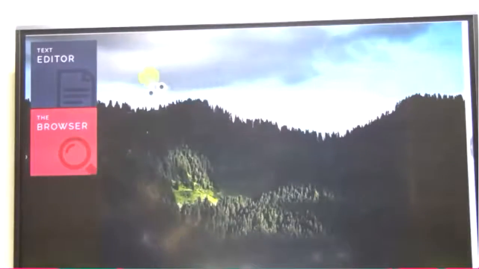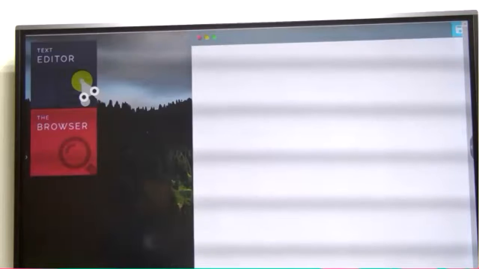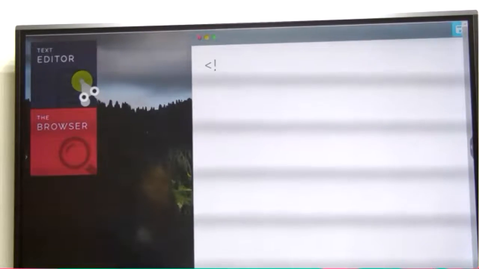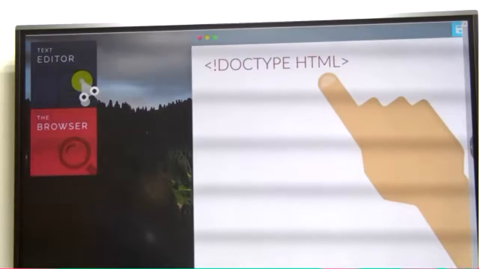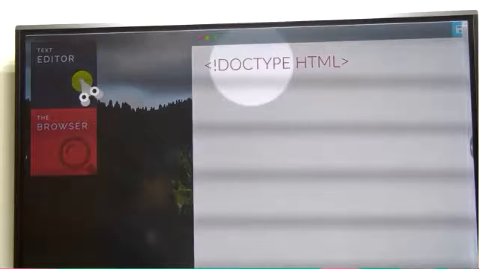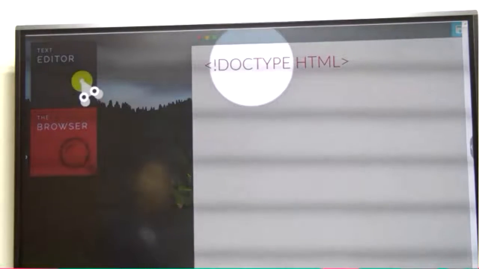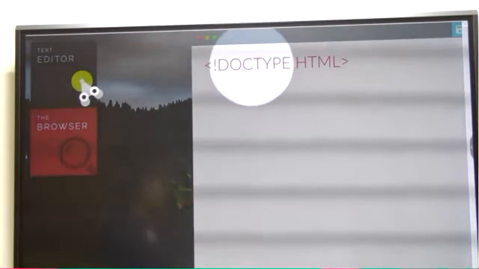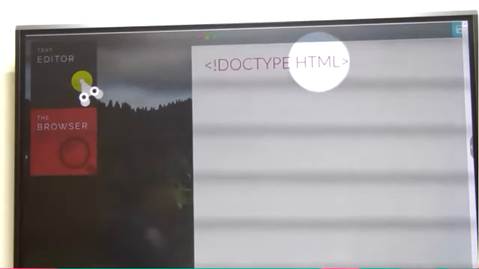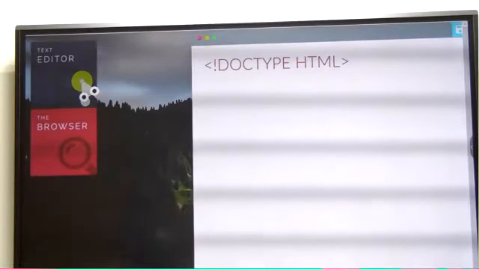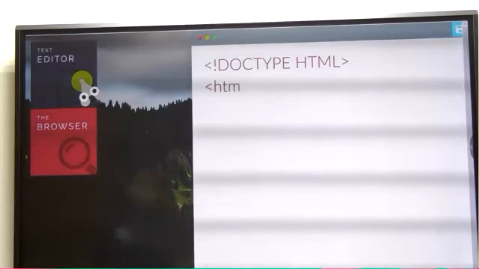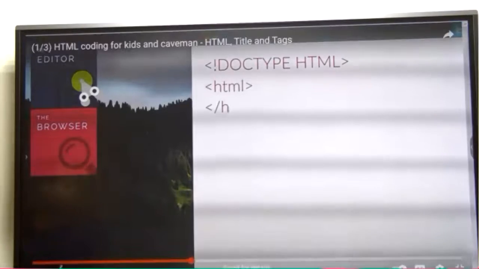Let's create your first web page with a text editor or Notepad. Now, we're going to create a tab. Doc type refers to the type of document. In this case, it basically lets the web browser know that this page is written in HTML. Now, let's type in the HTML tag. The open angle bracket, HTML, close angle.